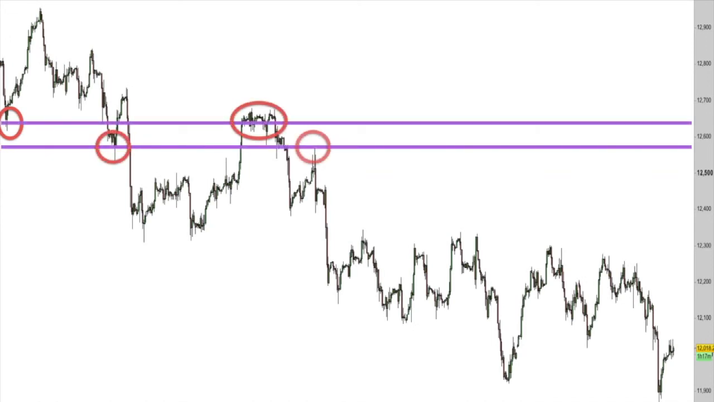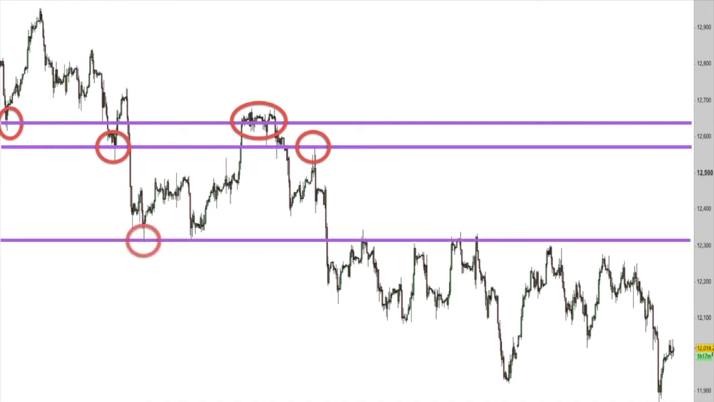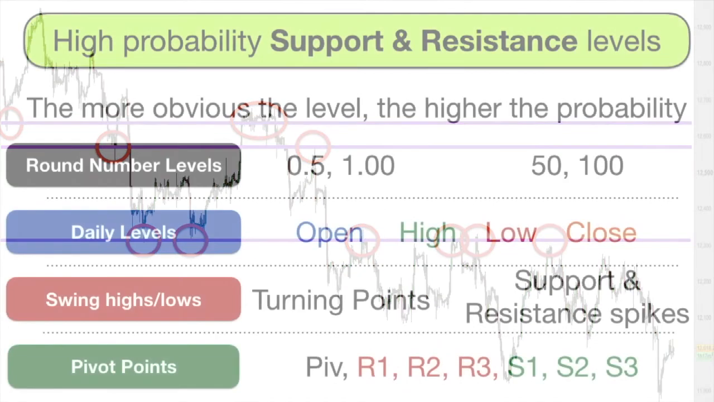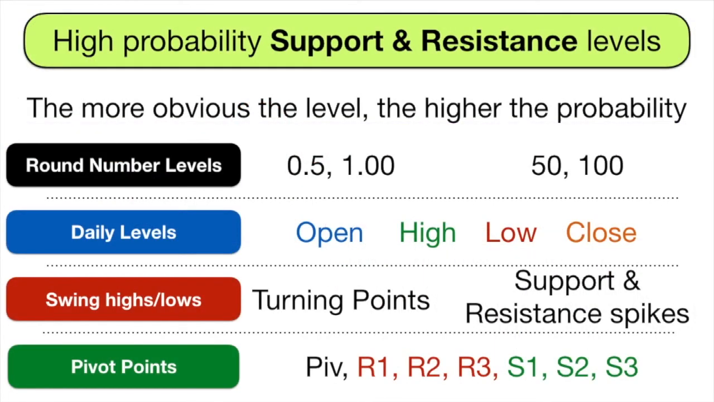Whether price passes through the level eventually or turns around again, well, we'll just need to wait and see. However, having the levels on our charts gives us an advantage and further context for our trades. So there you have it. Now you've got your high probability support and resistance levels for your charts, and these levels are going to provide you with